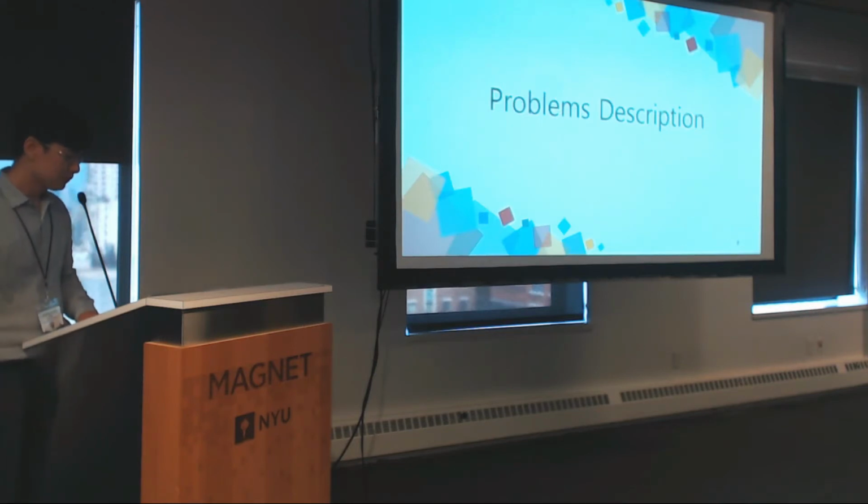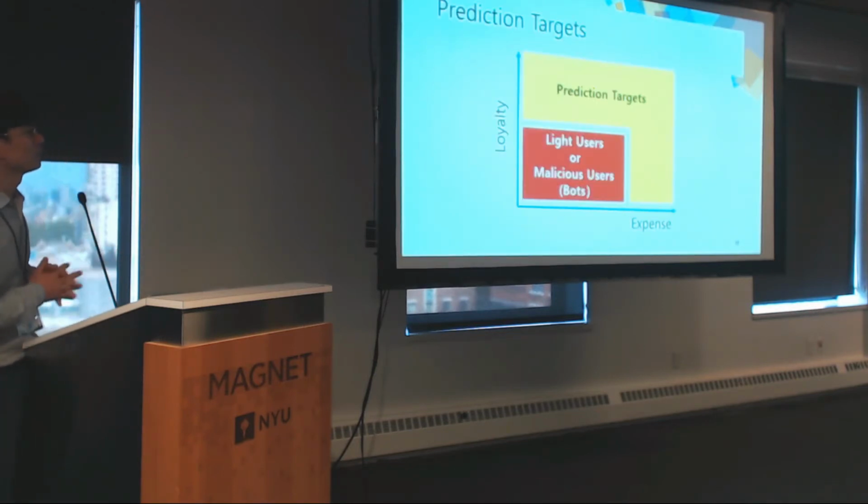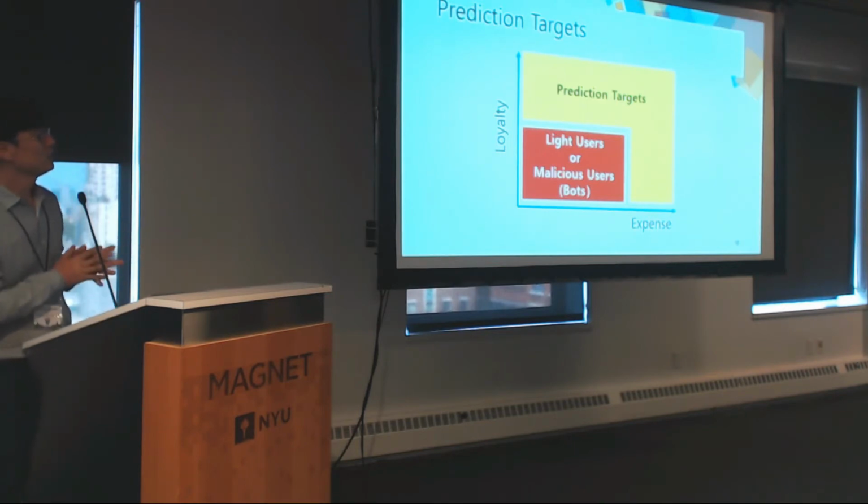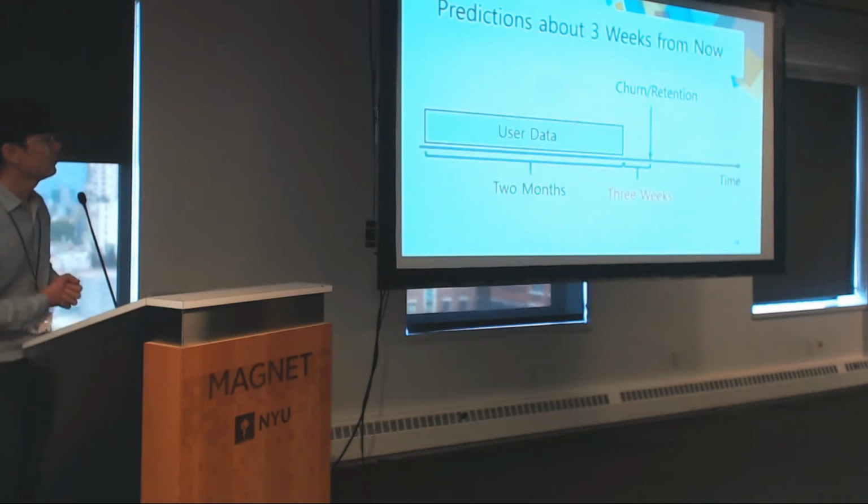So I will explain the problem we want to solve. The target of this competition: we define the target excluding the light users and some AI bots. We just focus on high loyalty players who spend more than a certain amount of money. So that's our target. And the next issue is that we want to predict the churn from now,